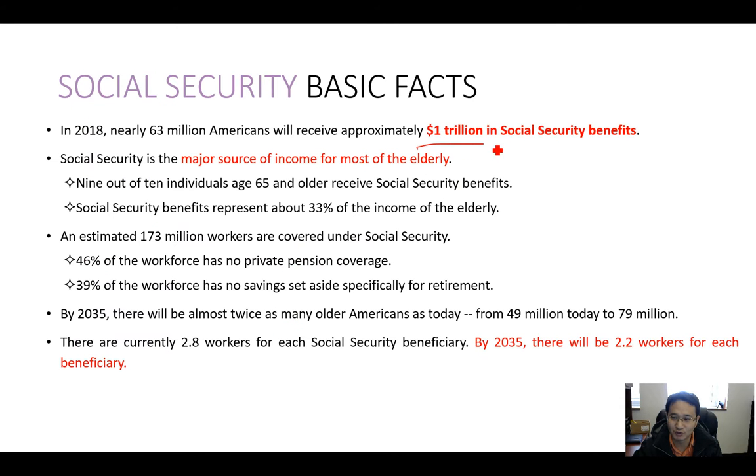So those are the numbers, 1 trillion. That's why people worry about it. Okay, every year you pay around $1 trillion. The money is not from nowhere. They cannot just print it. It's from everyone who is working, who is paying into the Social Security system. So every month when you receive your paycheck, you will see that they have many deductions. A large part is the Social Security benefit. Okay, you don't like it, but you need to know that it is a major source of income for most of the elderly. Okay, especially those that don't have a lot of financial wealth.